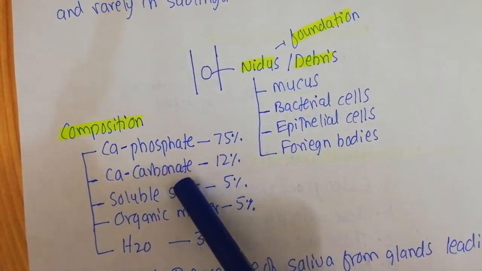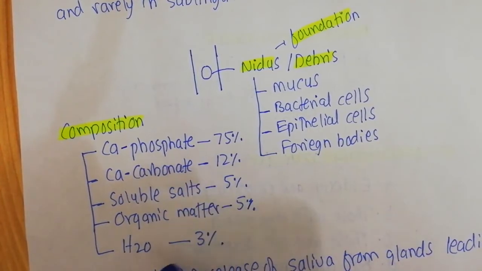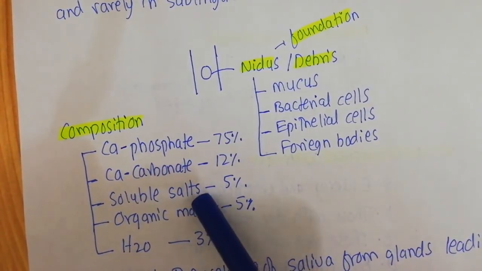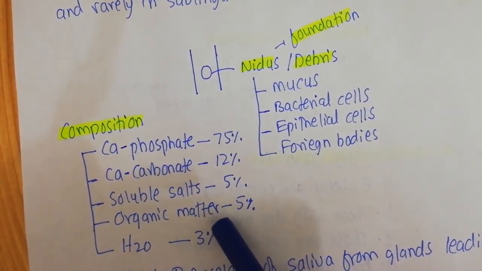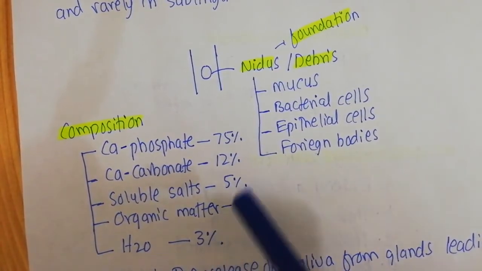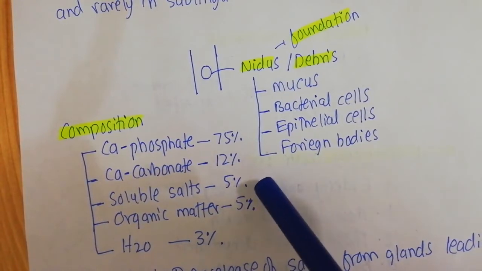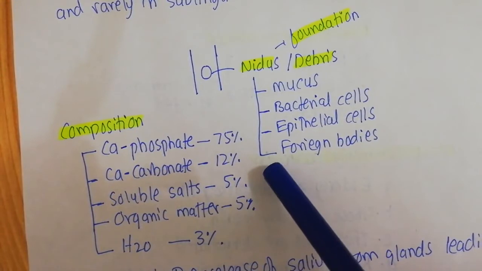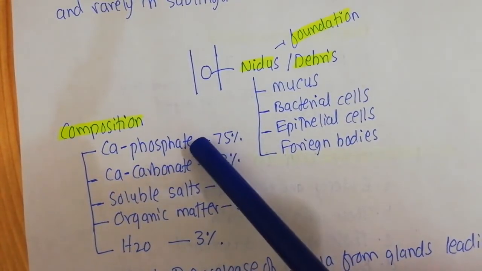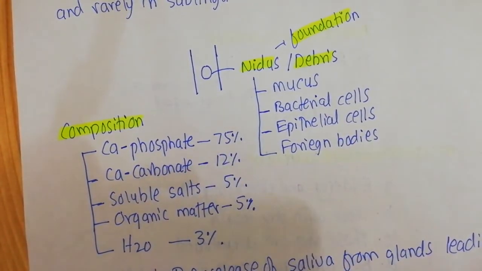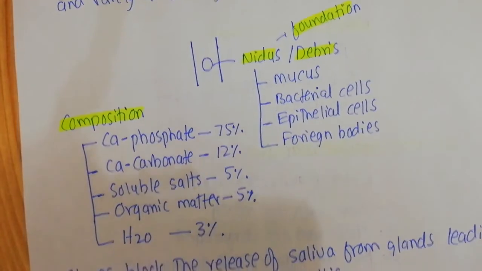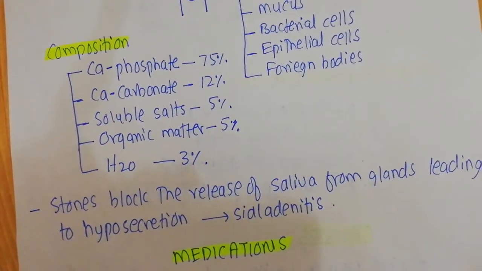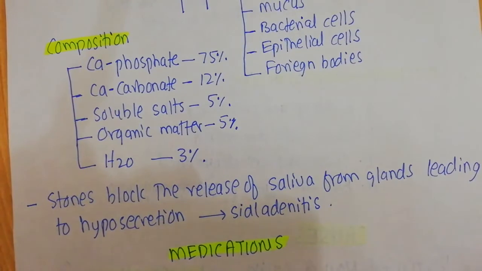12% is calcium carbonate, 5% is soluble salt, 5% is organic matter, and 3% is water. So this is the composition of a stone that usually occurs in the submandibular glands. The major components of the stone are calcium phosphate and calcium carbonate. Now these stones are blocking the release of saliva from the glands,